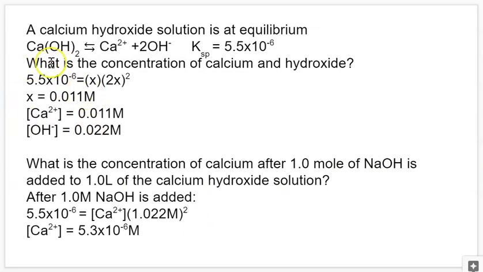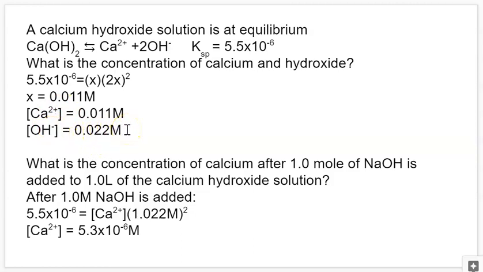So we can set up our Ksp expression. Our Ksp is going to be equal to x, which represents the calcium, times 2x, which represents the hydroxide, squared. That gives us 4x cubed is equal to 5.5 times 10 to the negative 6. We can solve for x, which in this case is going to be 0.011 molar. So that means our calcium ion concentration is 0.011 molar, and our hydroxide concentration is going to be double that,